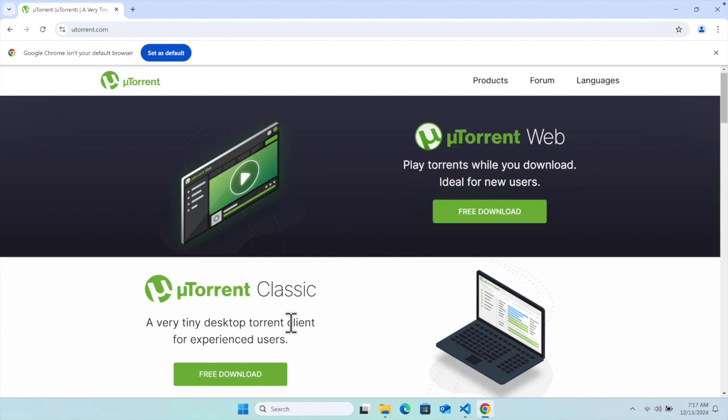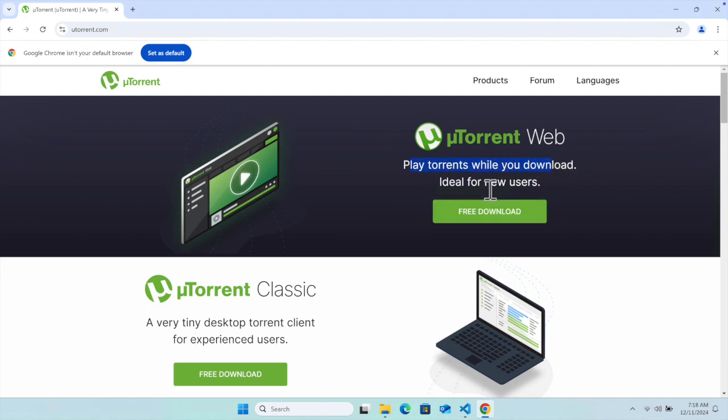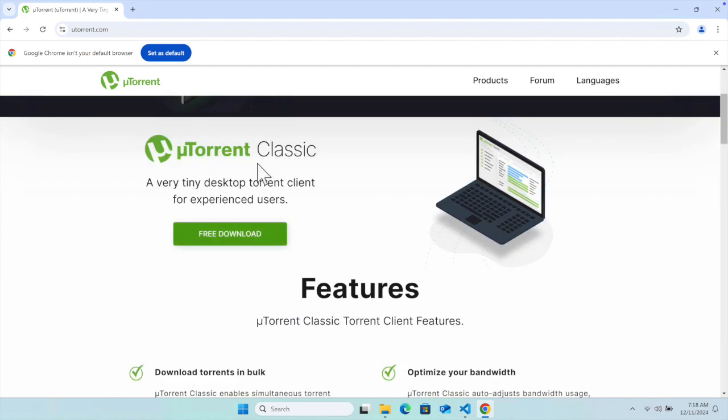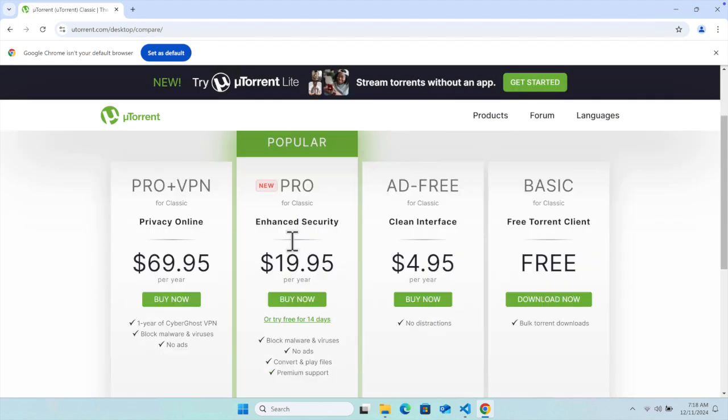There are different options to download, like uTorrent for web, and uTorrent Classic, a very tiny desktop torrent client for experienced users, and this is the web version, right? So I'm going to download the classic version, because I like it, and it has a desktop look. So I'm going to press this button, free download, and once we click there, then it will give us 4